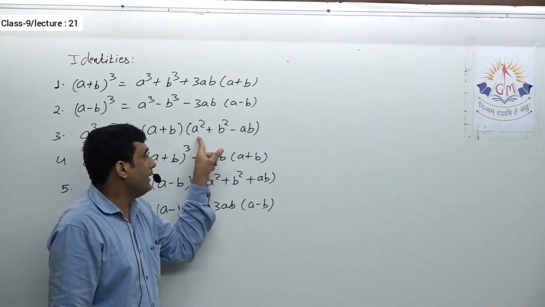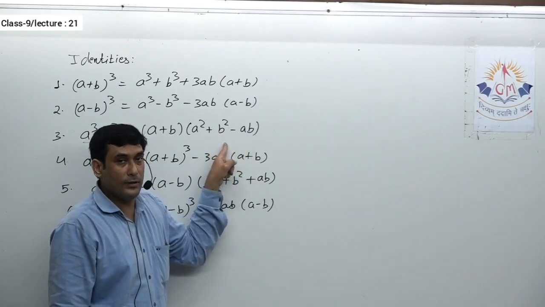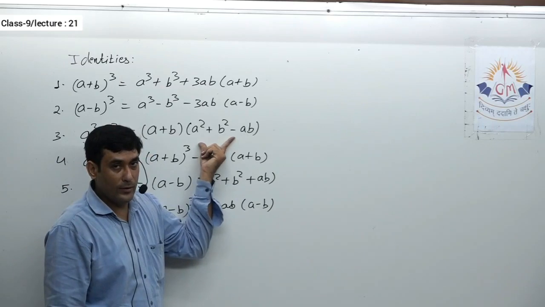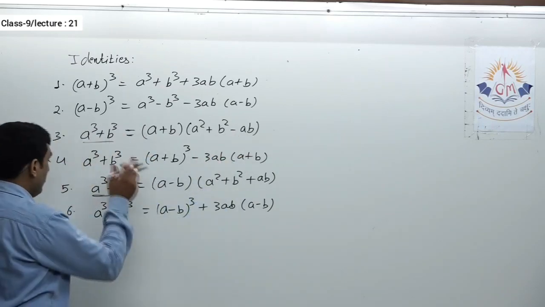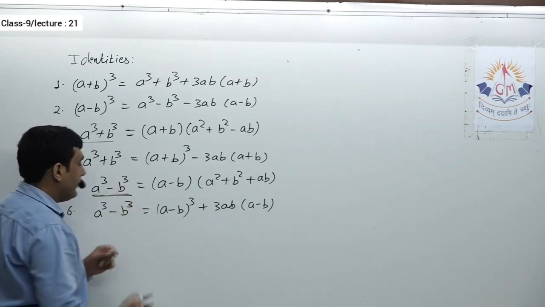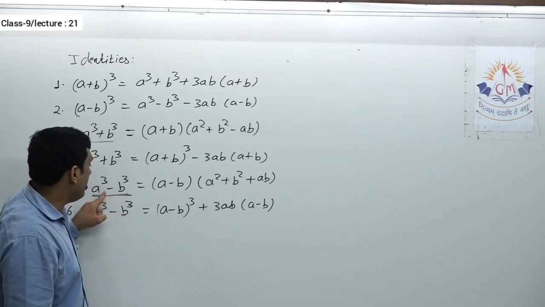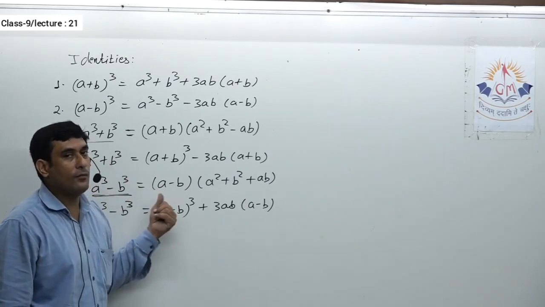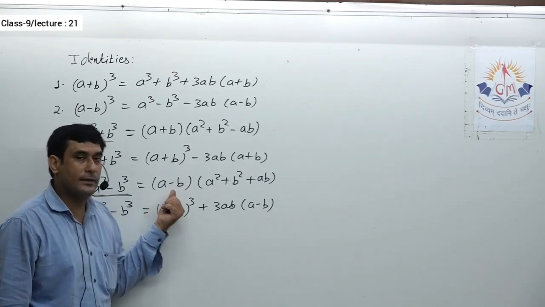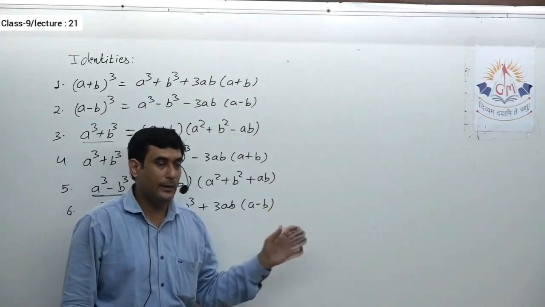See, this is not a square plus b square minus 2ab, it is only ab, 2 is not there, so this is not a minus b whole square, because 2 is not over here. Now in a similar way, a cube minus b cube, as I told you, only one time minus sign will be there. So as it is a cube minus b cube, in the first bracket I will take a minus b. As one time minus sign is already there, the remaining terms will be positive: a square plus b square plus ab.